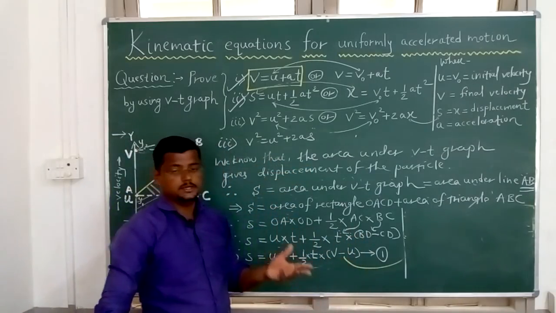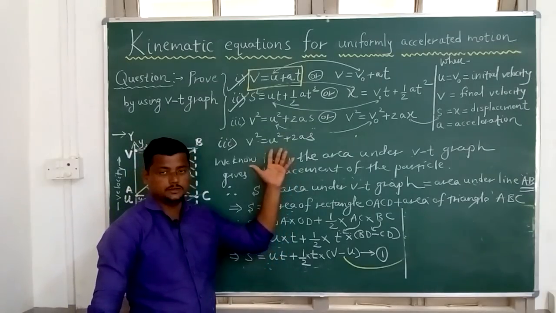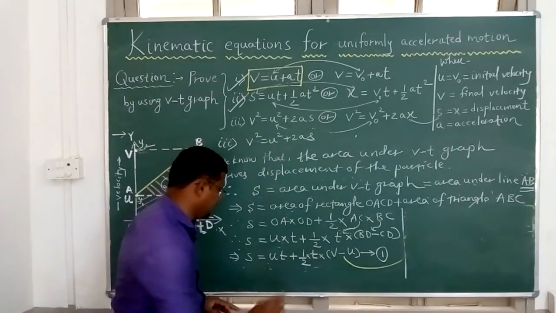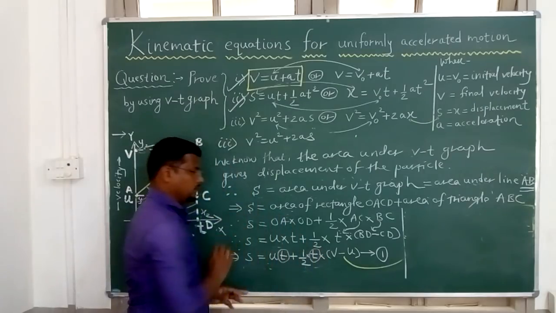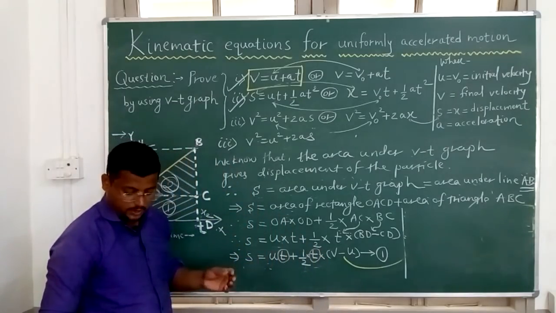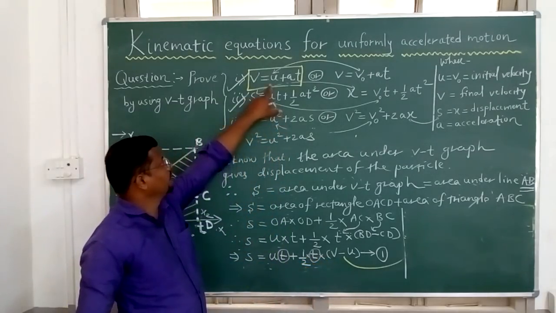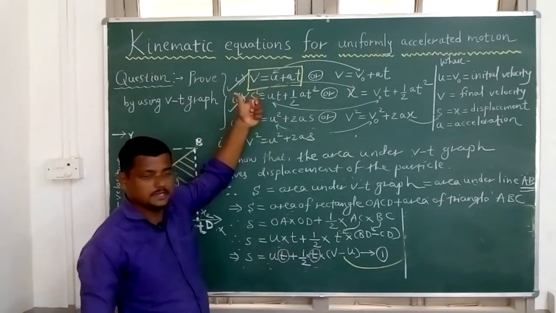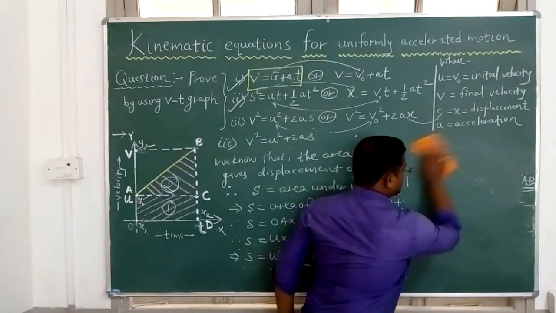After that my question is, does your equation require time or not? In this equation number 3, do you require time? No. So I don't want this time. This T and this T I don't want. I want to replace it, and to replace that I can make use of your equation, T equal to V minus U by A, like this. I will write this. I hope you have written this. I will clean this and here I will prove this.